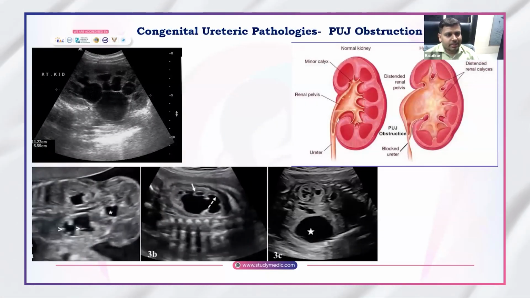Let's talk in brief about some pathologies, like congenital pathologies. Congenital pelviureteric junction obstruction is a very common congenital pathology which we see during antenatal ultrasound as well as in pediatric ultrasound examination. The reason behind it is that there is obstruction to the flow of urine at the pelviureteric junction due to some irregular thickening of the junction wall or some valve-like mechanism. So the obstruction results in development